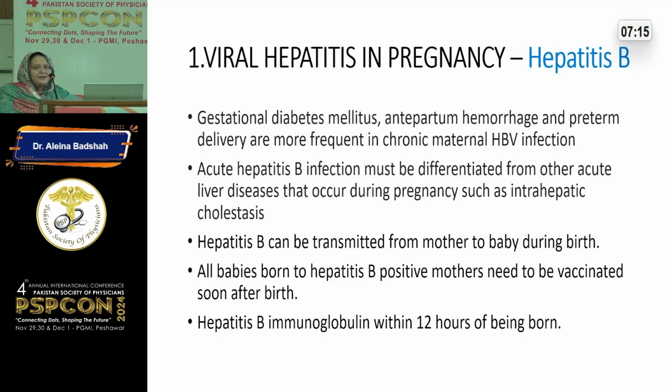If the vaccination and the immunoglobulin therapy start within 12 hours of delivery, that's going to have a better outcome. Again, you have to look at the patient, how is the viral load of this patient? So if needed, you can even give accelerated vaccination to the newborn. 016 was the schedule that would be followed when we were house officers. Now we've got different vaccination regimes. You can follow the 013 and the 012 as well, depending on the condition of the baby and the viral load of the mother and whether she was having chronic hepatitis B, acute hepatitis B, or fulminant hepatic failure.